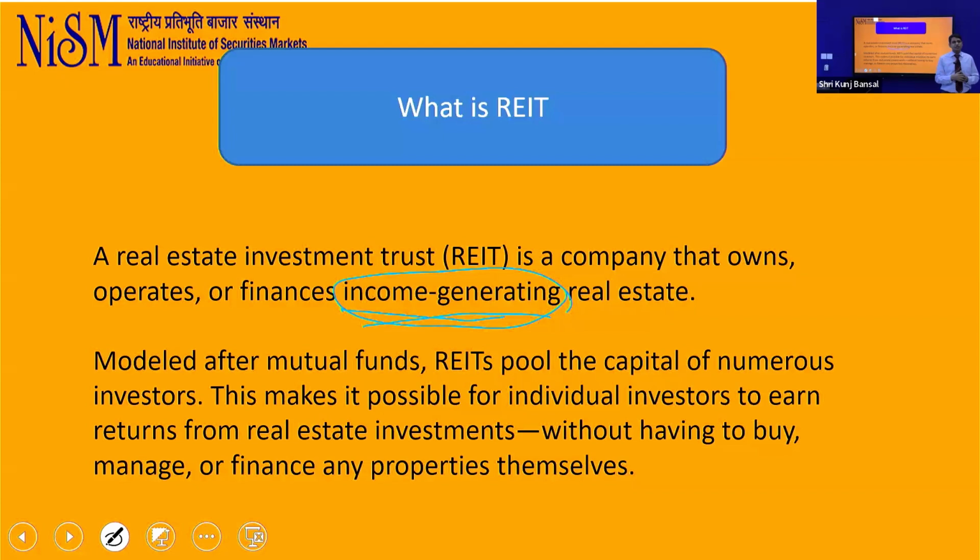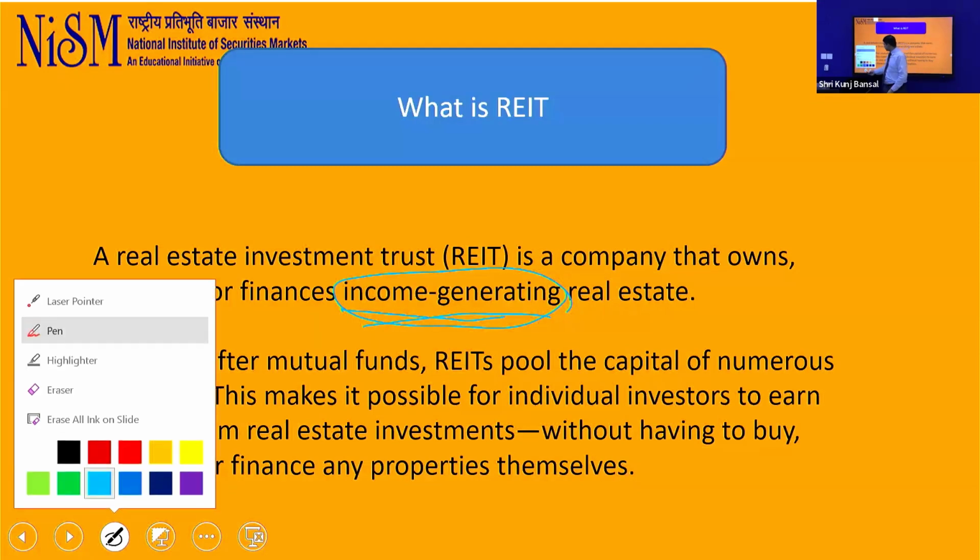Which are the kind of assets which will give us rentals? Yes, commercial, office complexes. Yes, retail assets like malls, cinema halls, hotels. These are the assets. Warehouses. A lot of you have answered all these questions. So these are the requirements: a REIT has to invest all the money collected into income generating, rental generating assets. And in turn, what happens? How do we as real estate investors benefit from that?